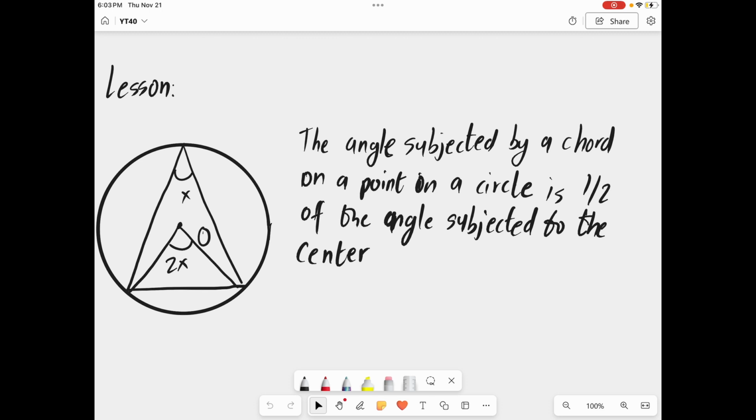Alright, this is the inscribed angle theorem. But instead, the angle subjected by a chord on a point on the circle is half of the angle subjected to the center. So if we have the center of a circle and we have a chord, and we subject